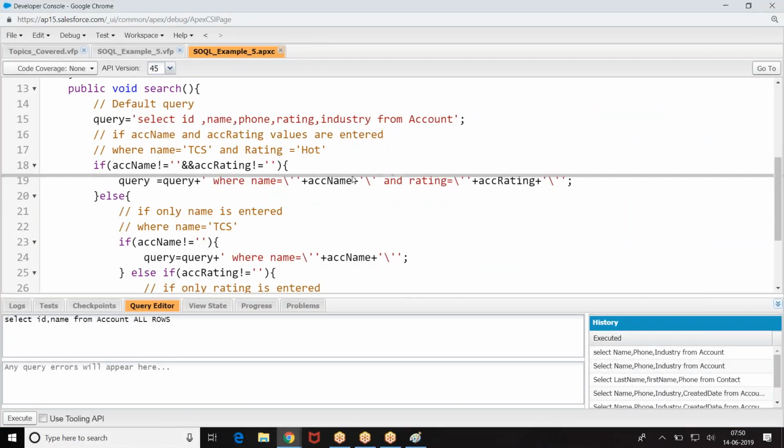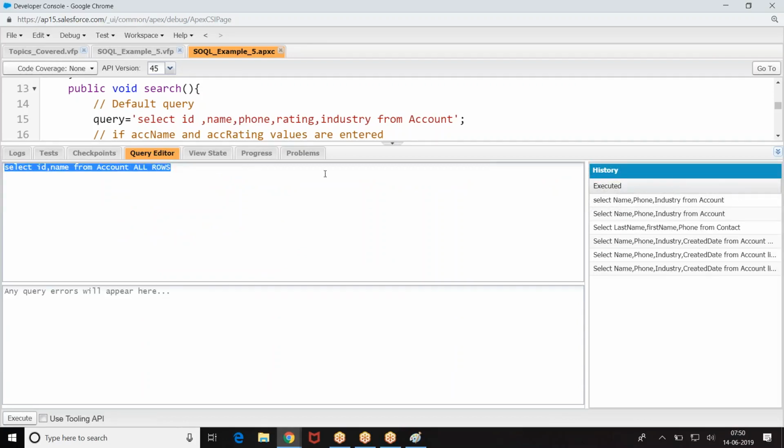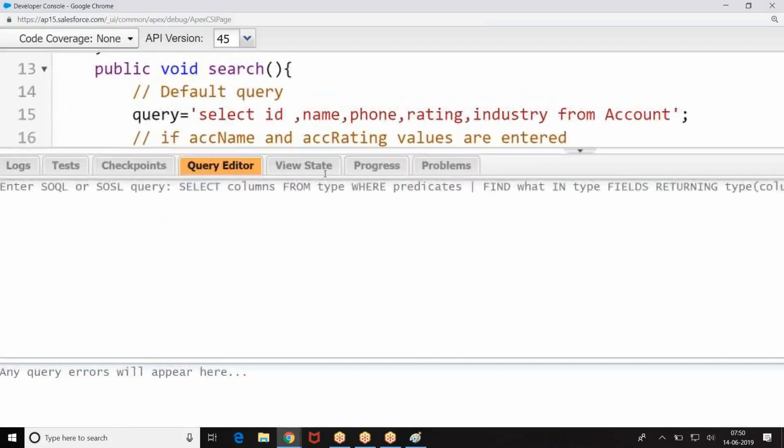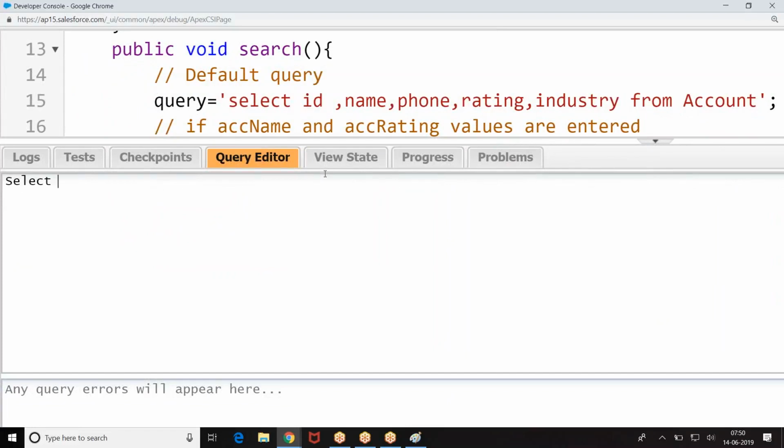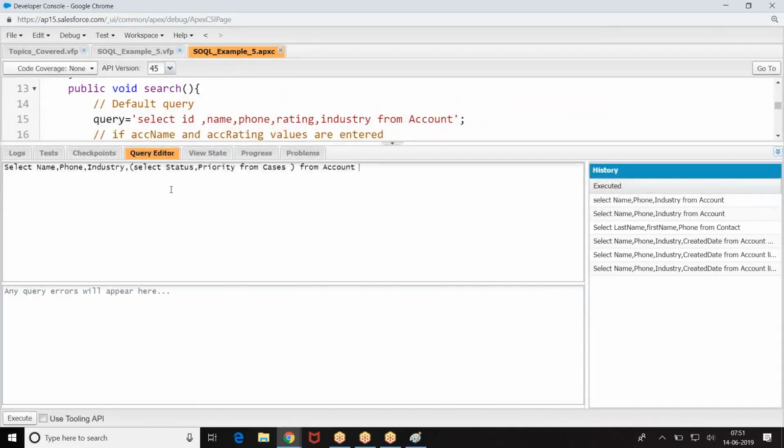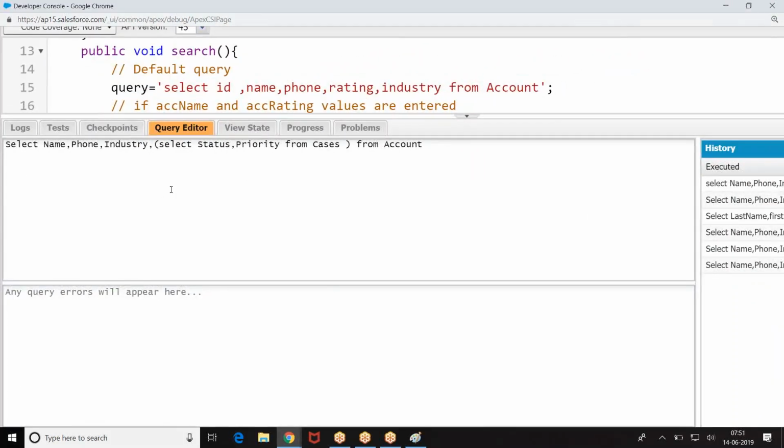So let us see how I'm giving. Select name, phone, industry, comma, select status, priority from cases.